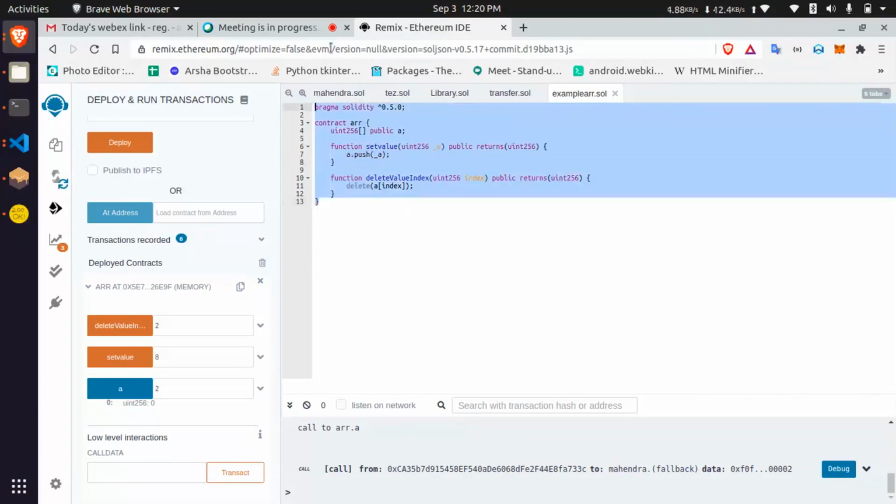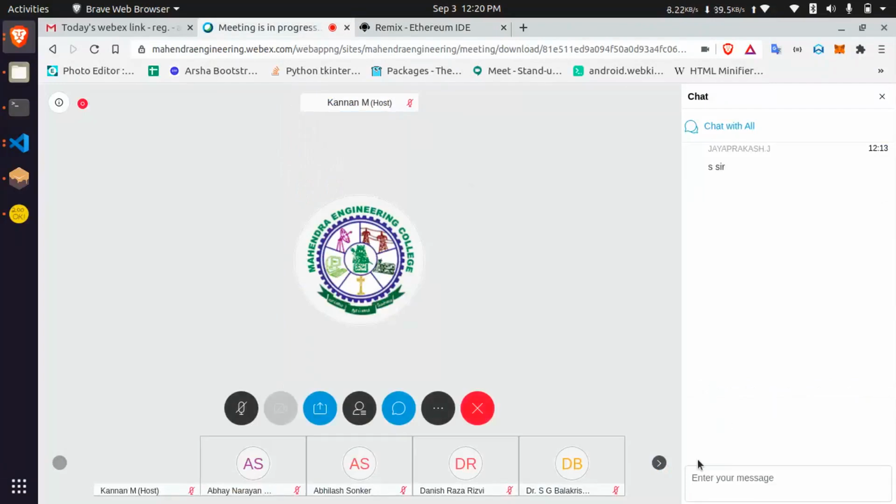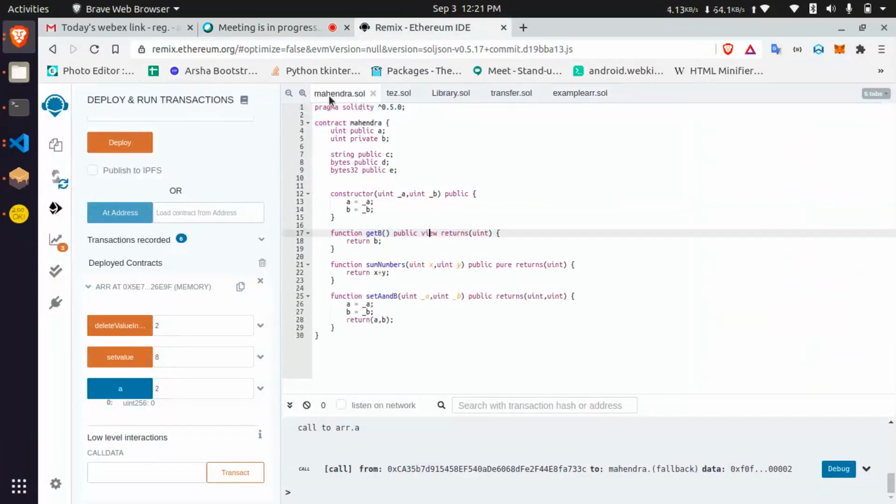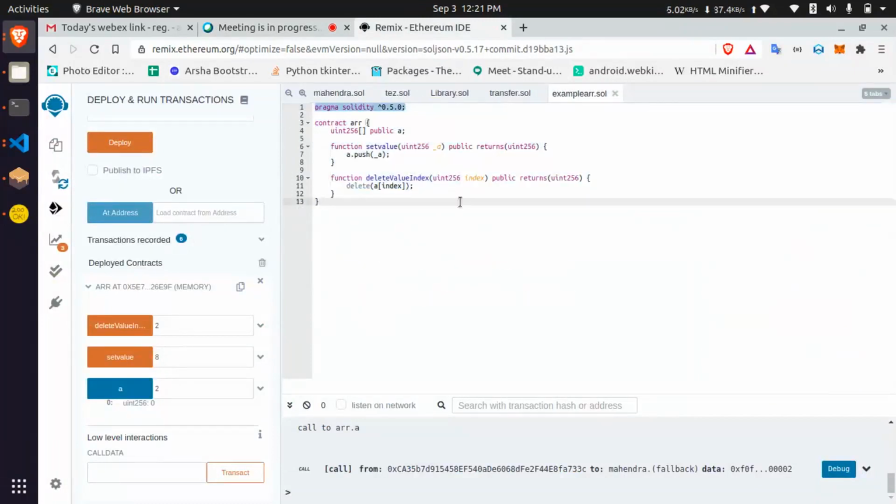Okay, I'm just pasting that code into the chat window. I will give these copies of every contract at the end of the session. Please test it and let me know.